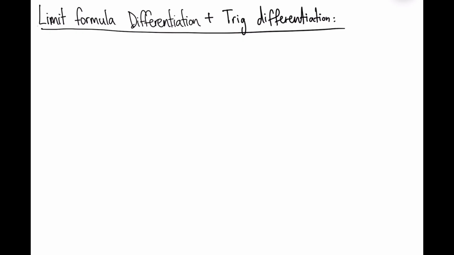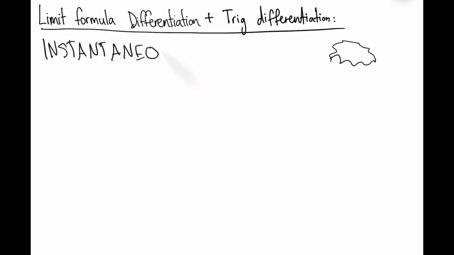Today's topic will be about the limit formulas for differentiation and also some extra special trigonometric differentiations. So, starting out, what was the word of the day in the last video? Instantaneous. Because why? Because derivatives are the instantaneous rate of change. So starting out with limit formulas, the instantaneous rate of change between 2 points, two really close points, with the